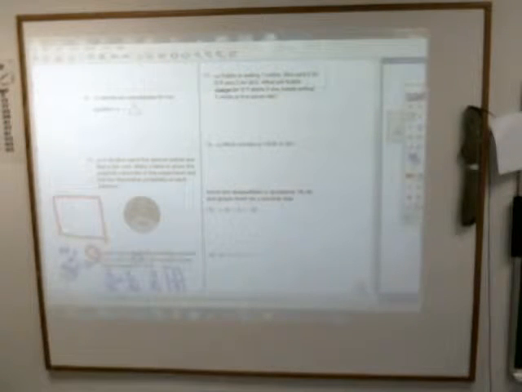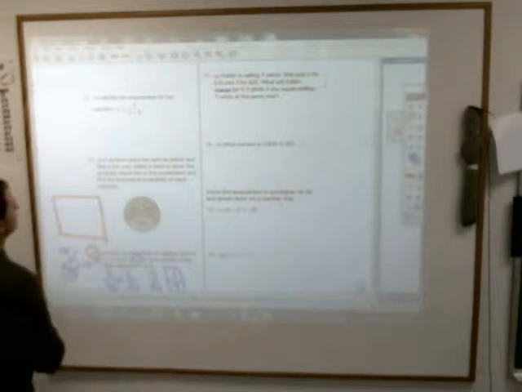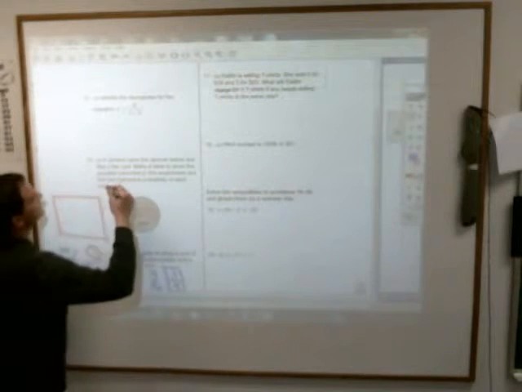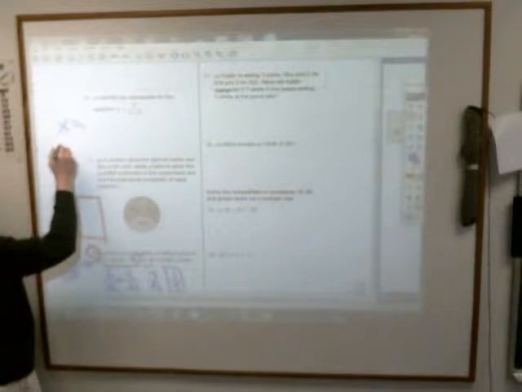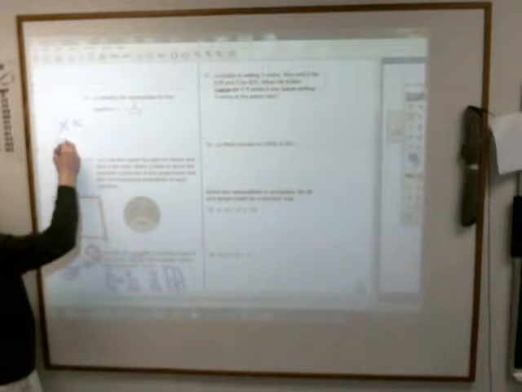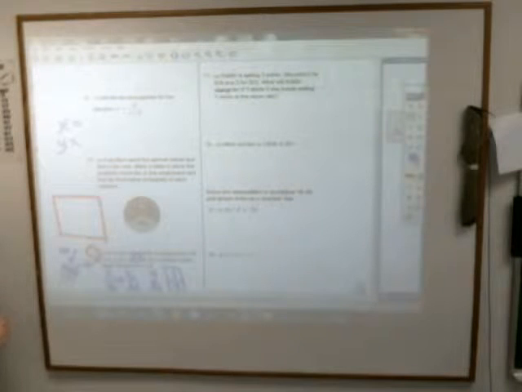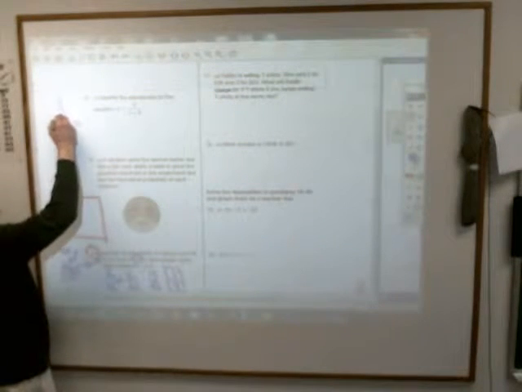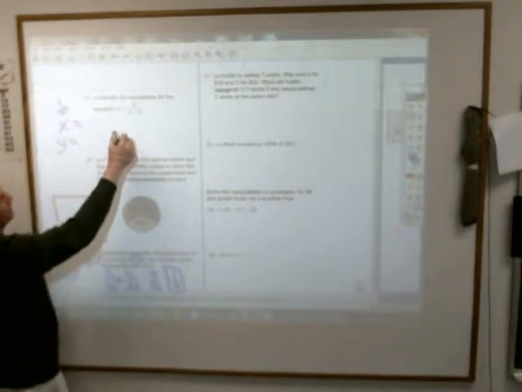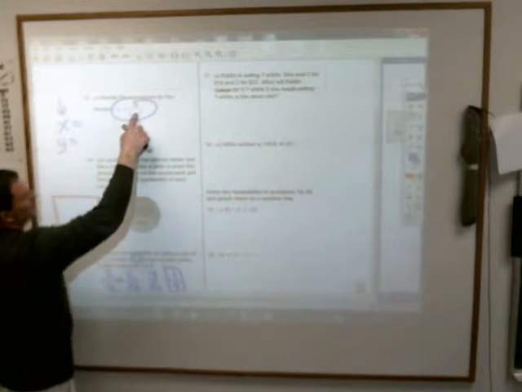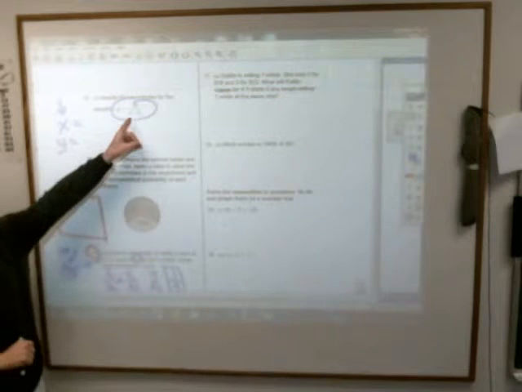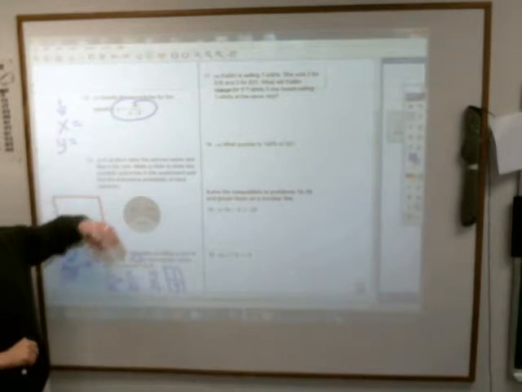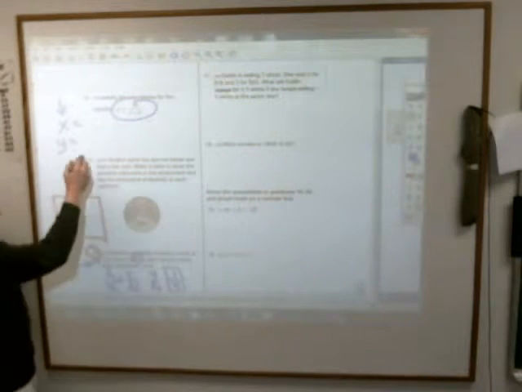Jack, can you explain number 13, please? Jack, did you have to check your notes about this? No, I checked them. You have both an x asymptote and a y one. The x one comes from what makes the denominator 0. You can never have the 0 on the bottom of the fraction. So what number would x have to be to get a 0 down there? 5. So that's the x